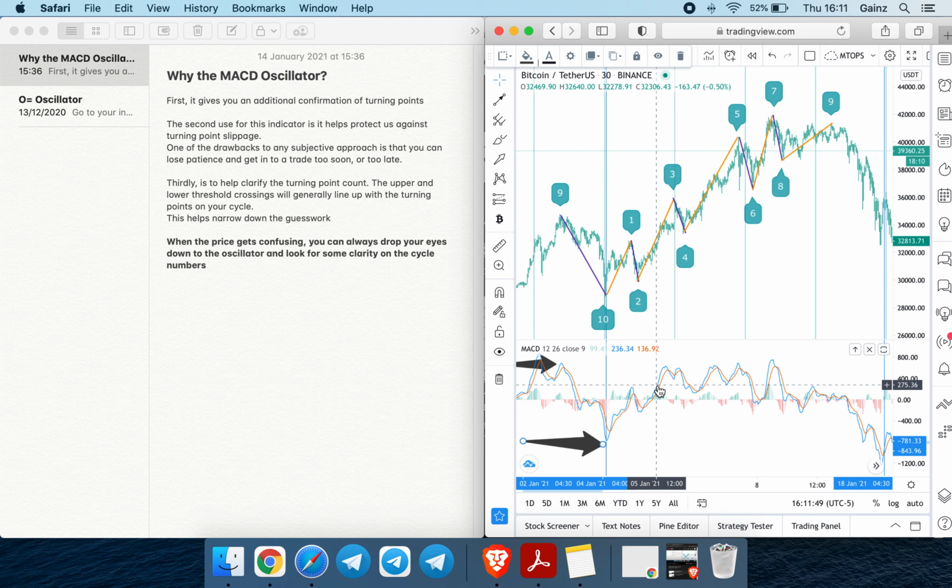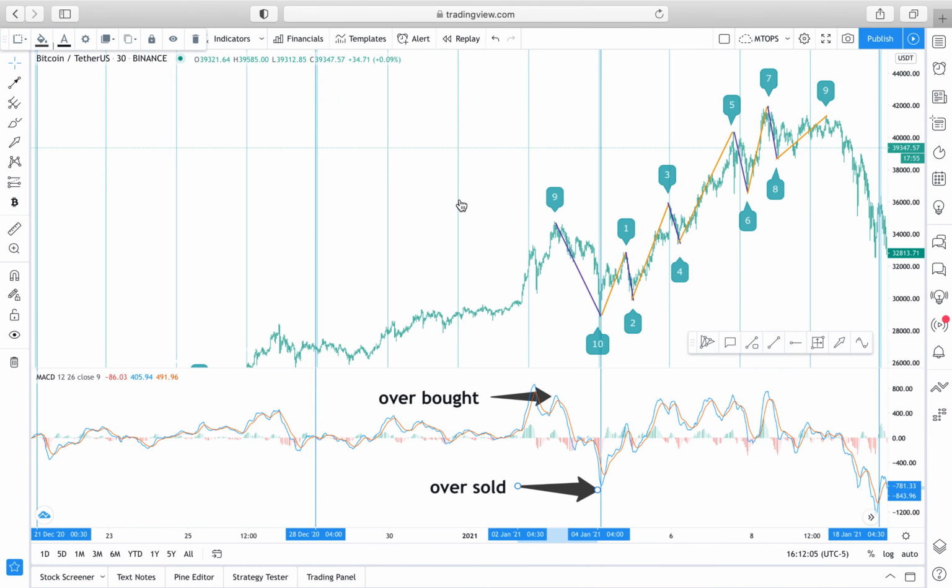Now, yes, I just realized that I said I was going to get into this later and read this first, so I'm going to continue by completing this text, and then we'll get into further examples without the text. So first, it gives us additional confirmation of turning points. Now, this is very big stuff, guys,